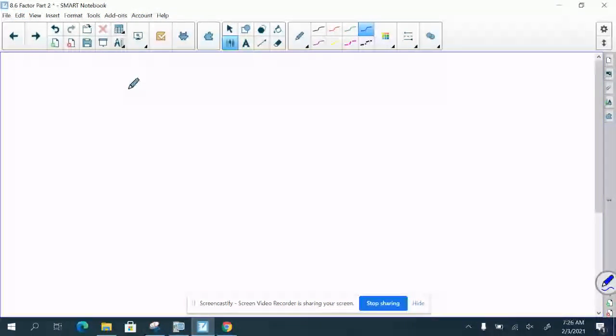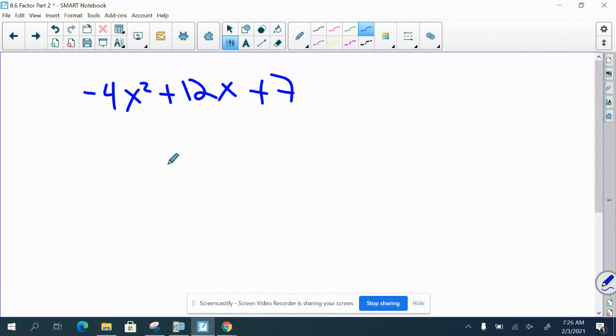All right, so our last example is going to be negative 4x squared plus 12x plus 7. So there are 2 ways to do this. The first way is you could factor out a negative. So you do negative 4x squared